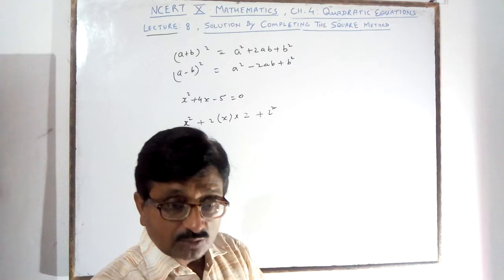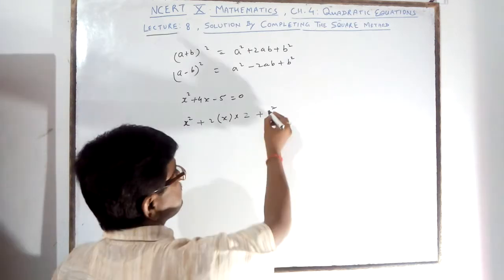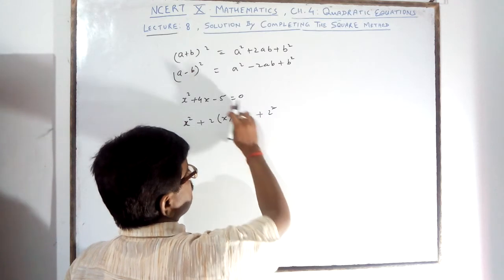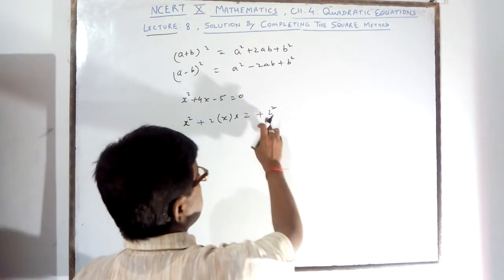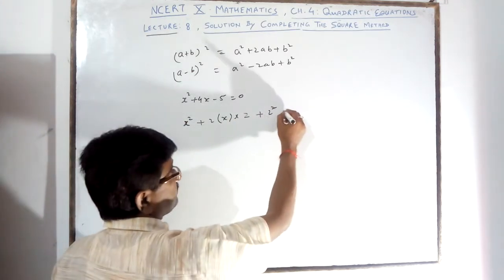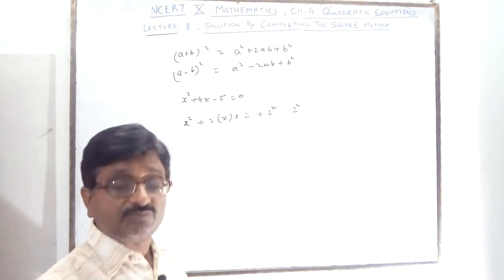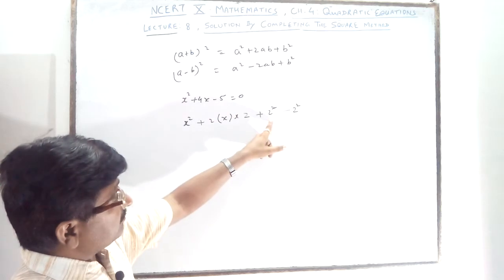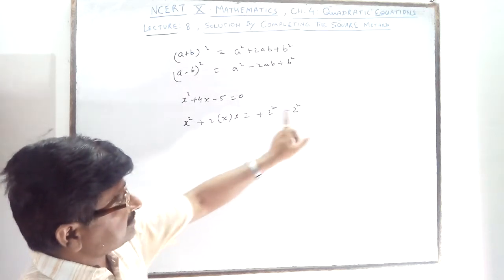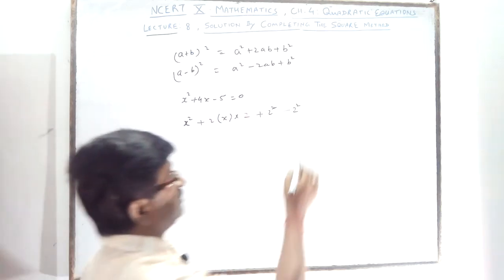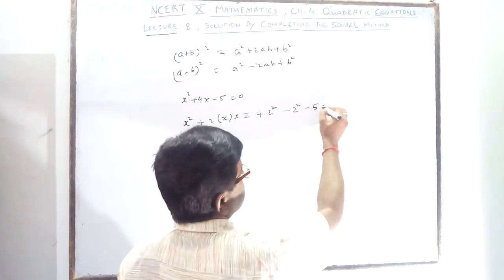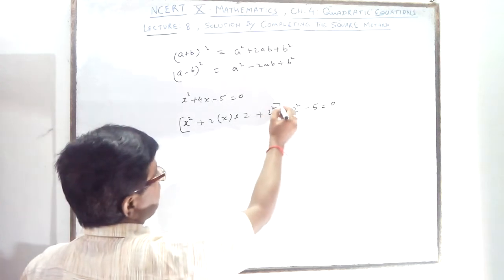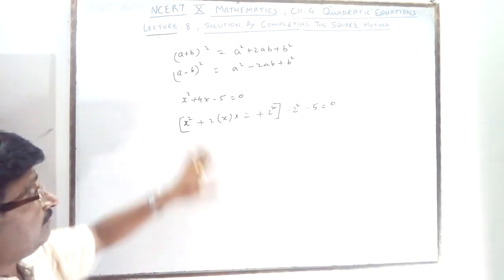Now this b square term is extra that you are writing. So according to the rule of addition and subtraction, the same number you will subtract. What is b square? 2 square is 4. You subtract the 4. Why? Because for balancing, because it is an extra term; what you add, the same you will subtract. And then you write the third term, 5, the last term. So till here you are using the identity, you are completing the identity.